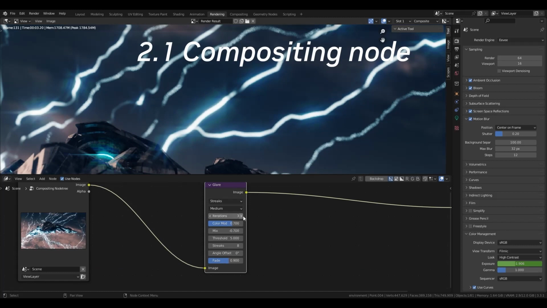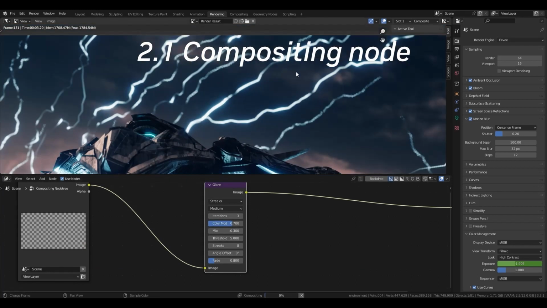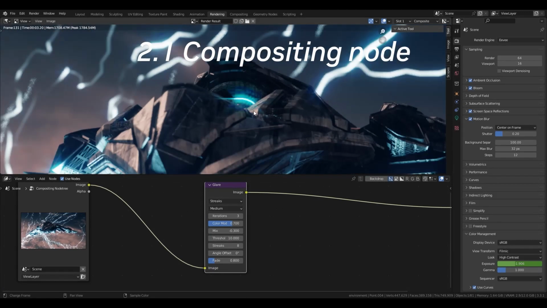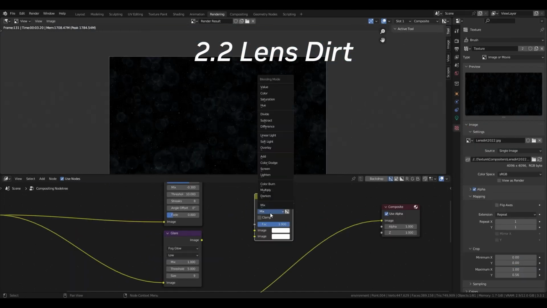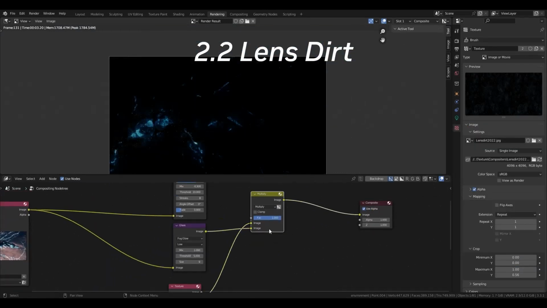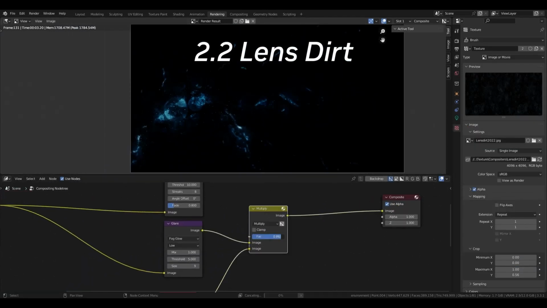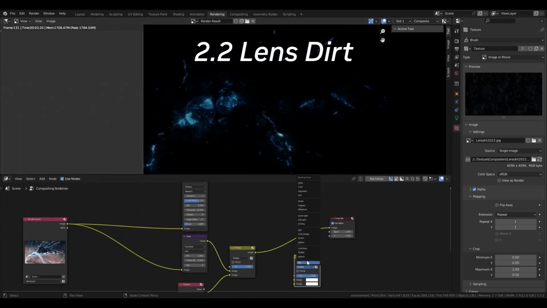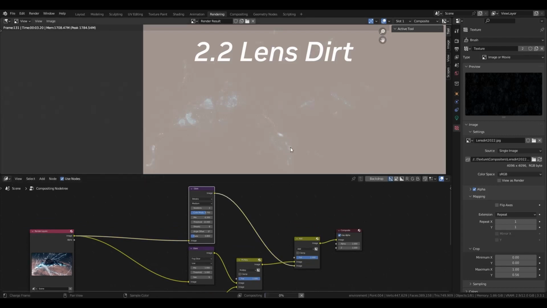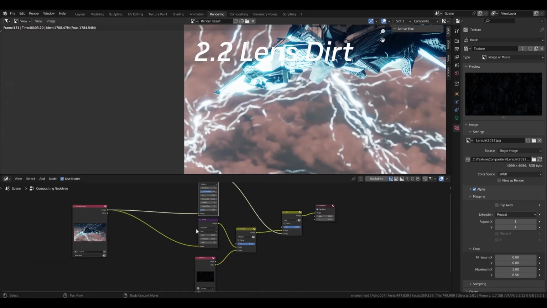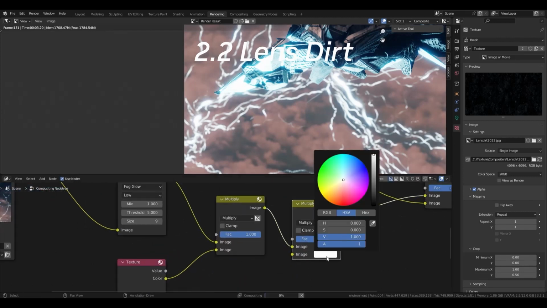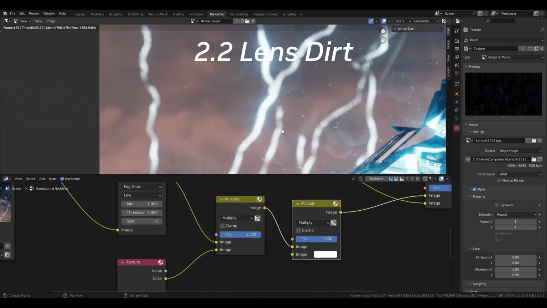Blender allows node-based compositing. The most important element of compositing in this video is the light effect by the glare node. Add lens dirt as an example of compositing nodes. Based on the glare node, multiply the RGB value with the lens dirt material like this. The dust around the bright area is then illuminated, revealing a broad, bright pattern across the screen.